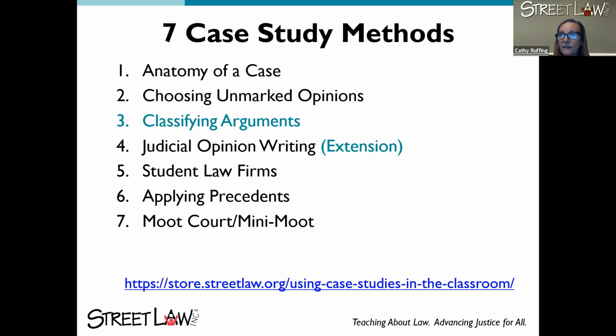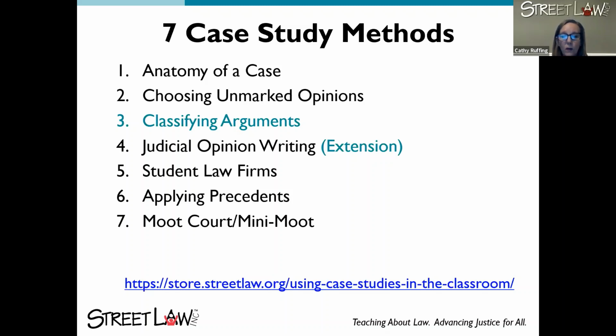That's an activity where you take the case summary and take out the names of those elements, the labels, and have your students just recognize these are the arguments for this side, these are the arguments for that side, this is the decision. This is probably done best when you're first introducing the court to your students, maybe the first time they ever work with a case summary.